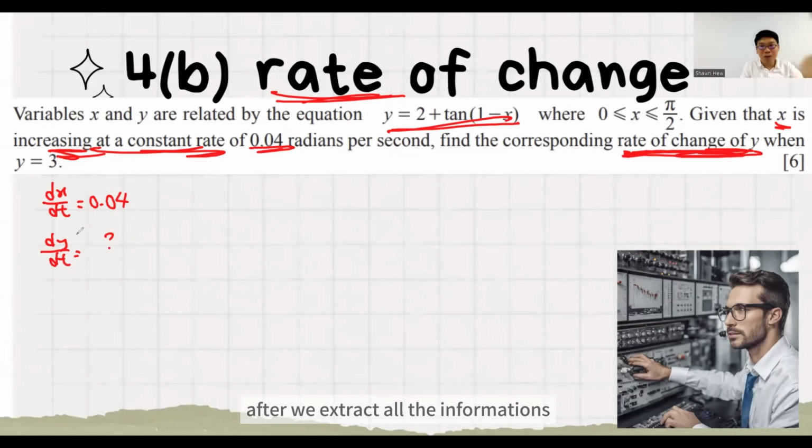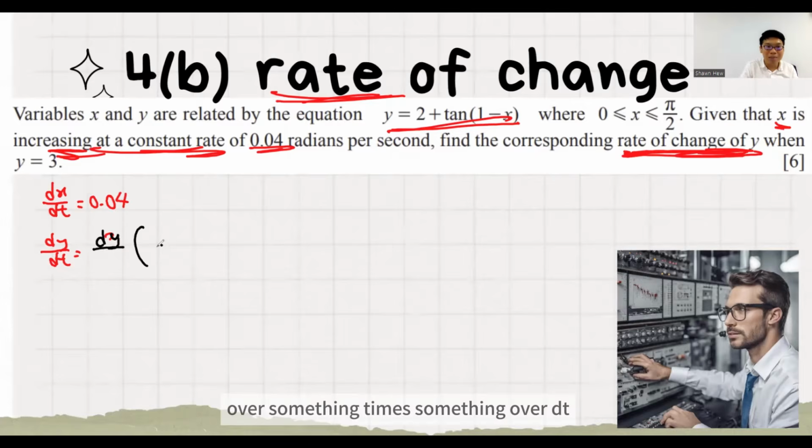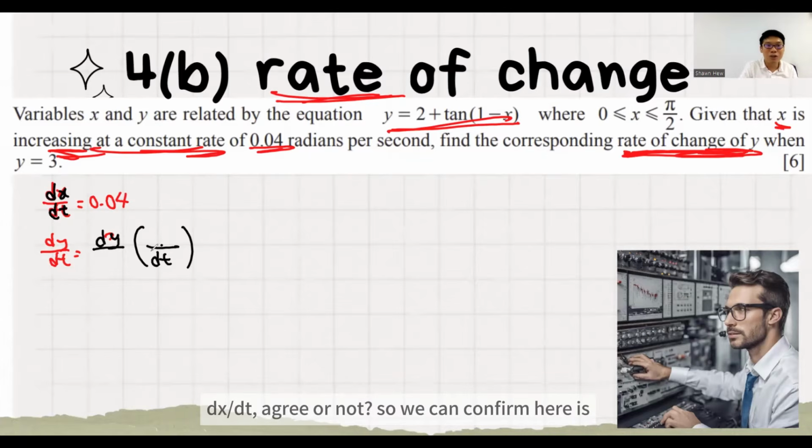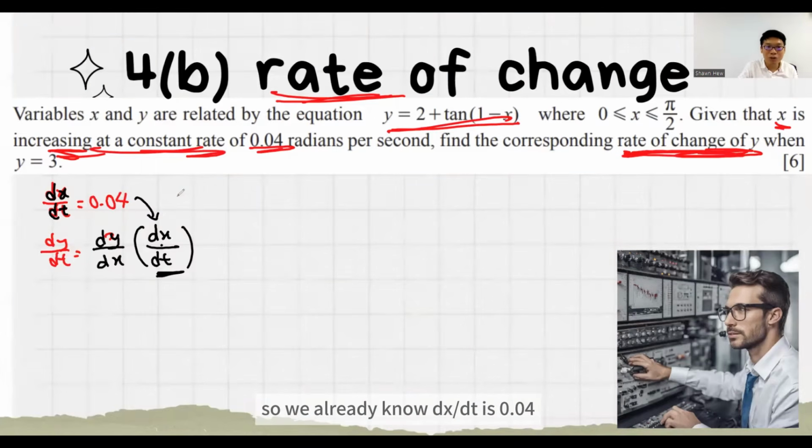After we extract all the information in mathematical sentences, we do the chain rule. So we know that dy/dt is dy over something times something over dt. The previous info that we have is dx over dt. Agree or not? So we can confirm here is dx, here is also dx. We already know dx/dt is 0.04, so we need to find dy/dx. Given y is this,